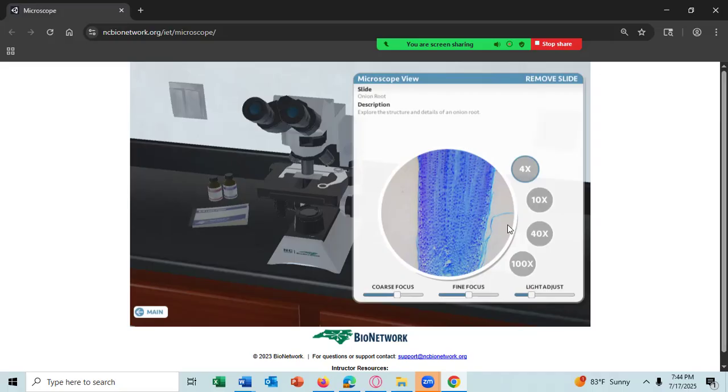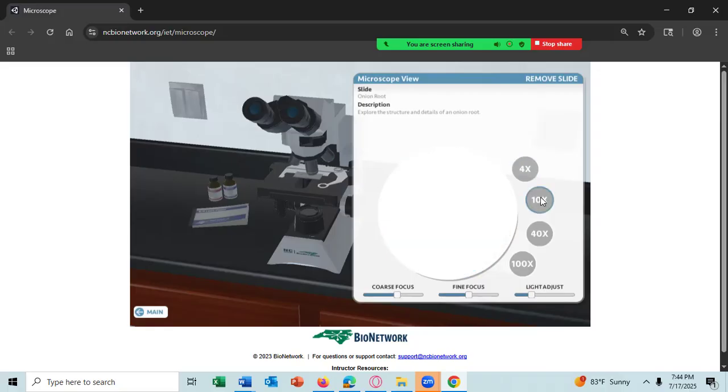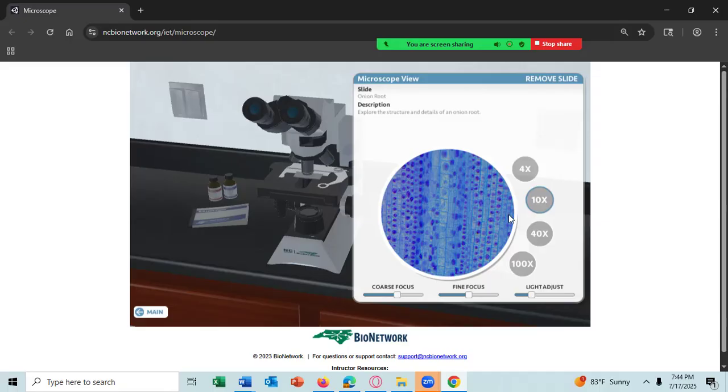Something like there. Then we're going to look at something like right here. Move that into the center of the field of view or close to it. And then go up to the next higher objective lens. And that rotated here. Now we're there. You should not use the coarse focus. All you need to do is use the fine focus.